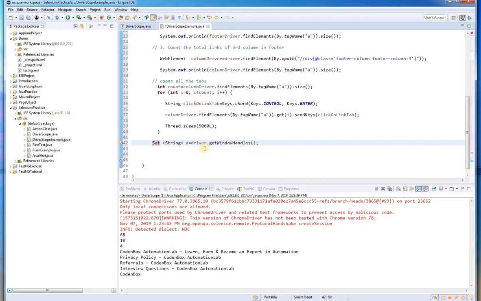Okay, so what does it mean? It means we'll use the getWindowHandles method. The getWindowHandles method is used to traverse from the parent page, the parent window, to the child windows. And when you use this,